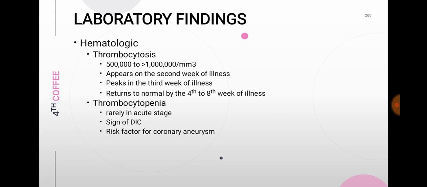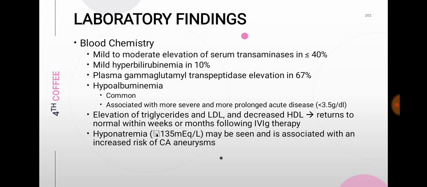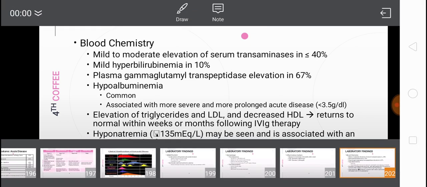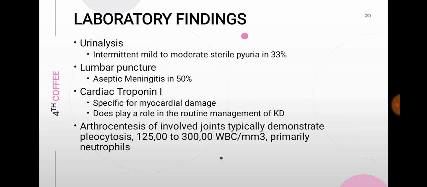Sometimes they have thrombocytopenia, but mind you, when the patient already has thrombocytopenia, it's a bad sign. The patient is dying. Okay? Also, it increases the risk for rupture of your coronary aneurysm. Your inflammatory markers are likewise elevated. Of course, it's an inflammation, so your inflammatory markers are high, but these are non-specific. Other laboratory findings: because the liver is inflamed, you have elevated transaminases, hypoalbuminemia, hyponatremia, elevated cholesterols. Your urinalysis shows sterile pyuria, lumbar puncture shows aseptic meningitis, and you have elevated